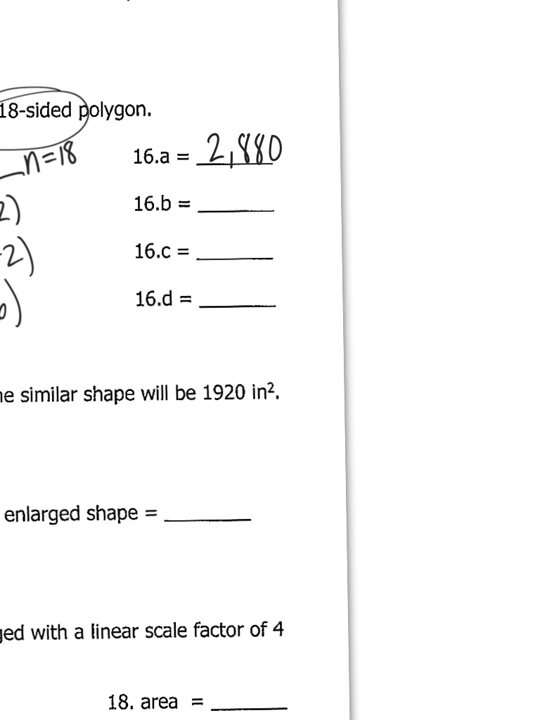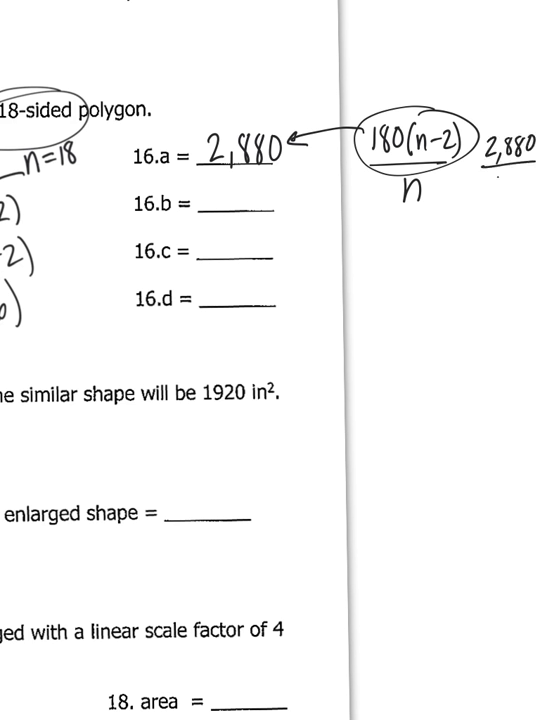2,880. Then to go to part B, I know that my formula is 180 times n minus 2 divided by n. So this part we already did for part A, and we knew that that was 2,880. So if I divide that by n, which is 18, I'll get what part B is, which is 160 degrees. Part C asks us the sum of the exterior angles of the polygon, and every single polygon we meet